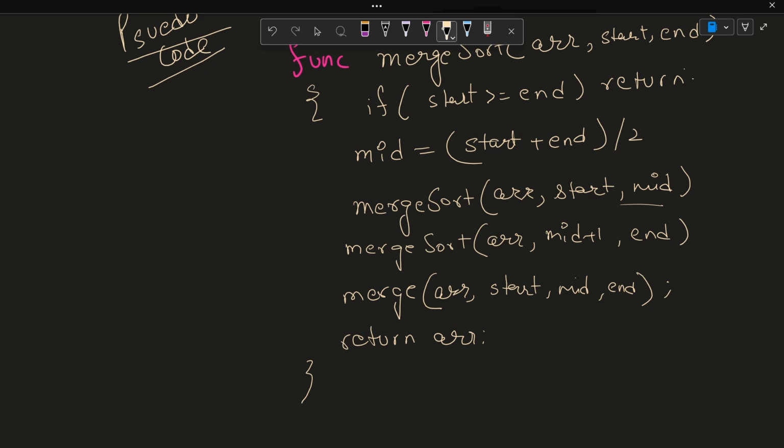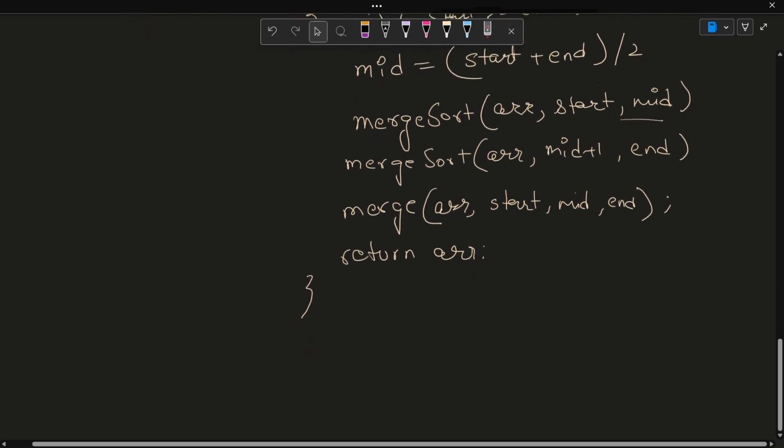Otherwise, what you do is, if start is greater than end, that means there are no elements in the array. Basically, that is the whole point. Even if you do start equal to end, I think that would also work. Now this is the pseudocode, and if you see,